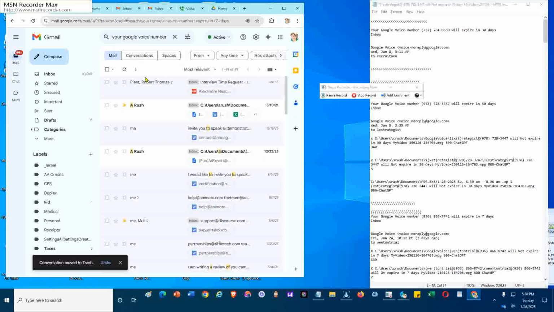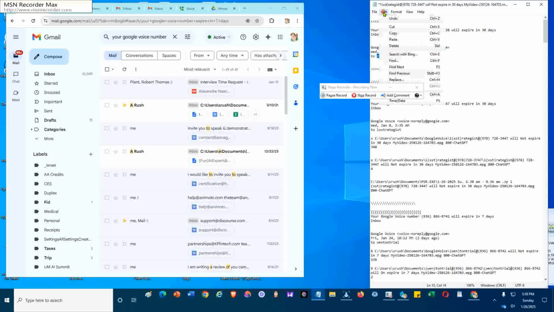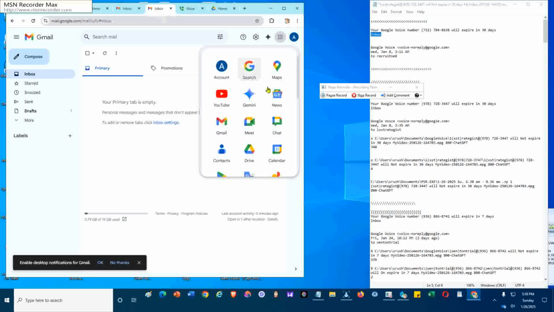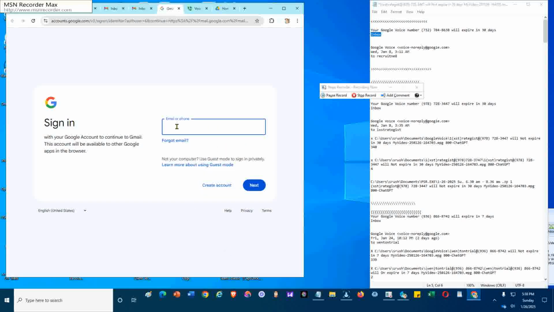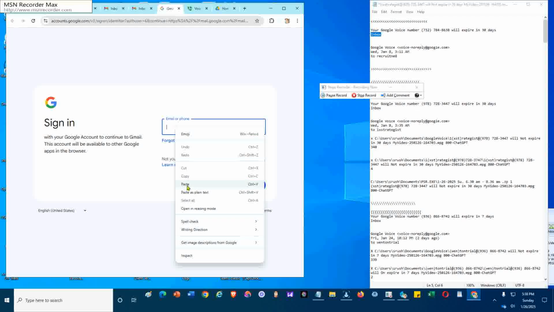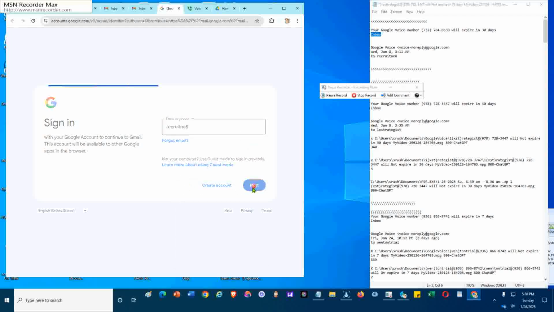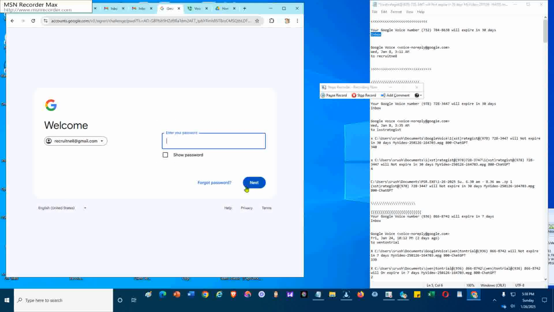Then I'm going to delete this message and then copy the account name to the clipboard buffer. Then I'm going to try to log into it by scrolling down and adding another account and pasting the account name, going to the next step and entering the password.